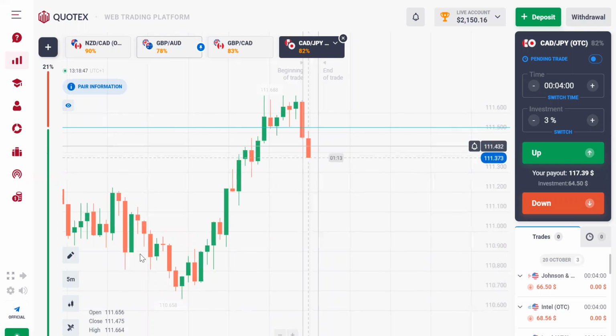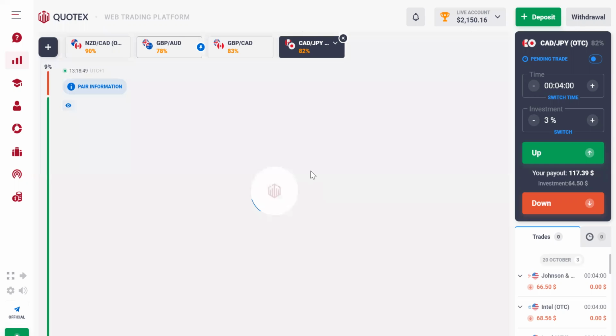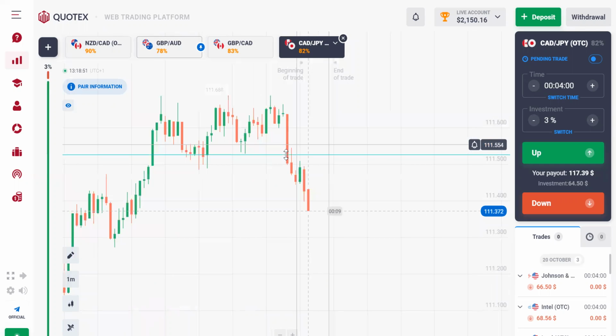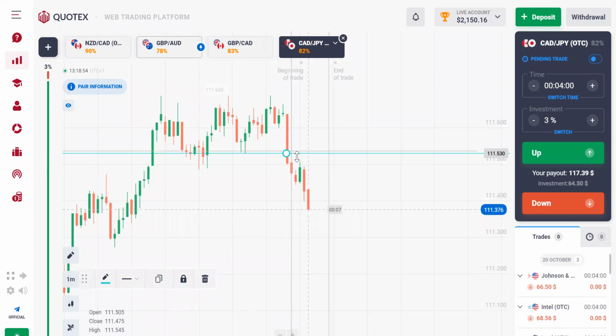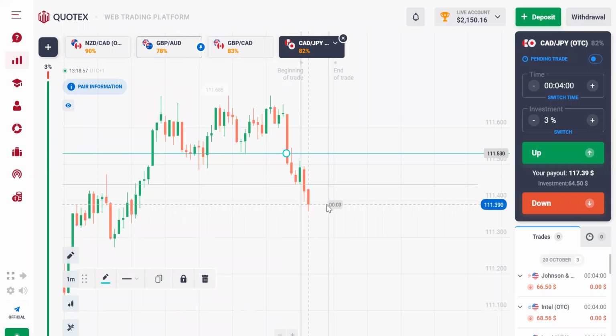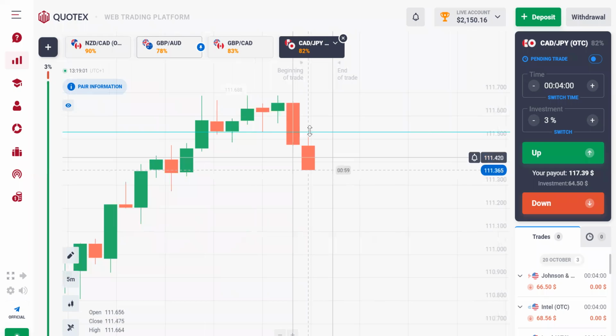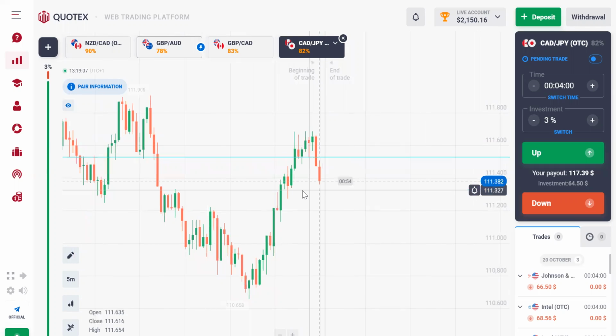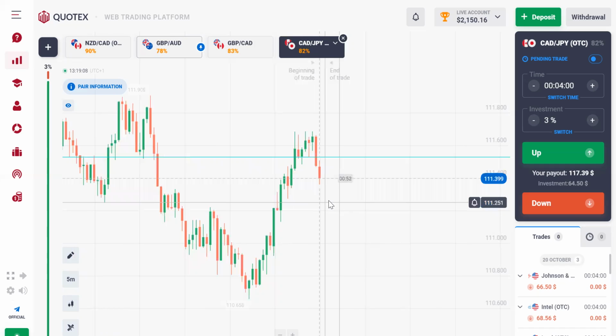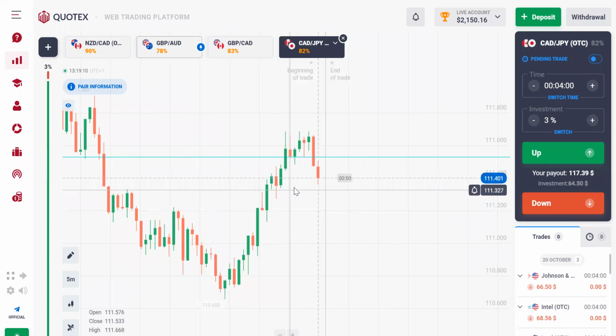So we're getting more interest here. Like I said, this one, the entry was on this wick, but we didn't catch it. It gave one green candle, but it's selling. So the entry would have been on that wick from that 1 minute candle. But let's see if sellers are going to come to this low, and then that might give us another signal for a sell.